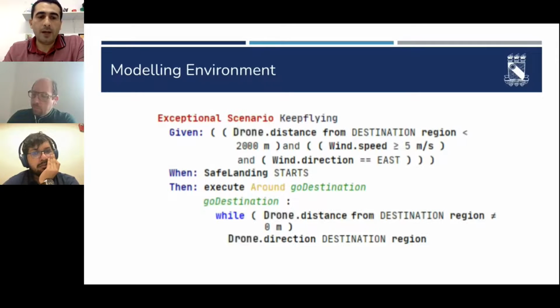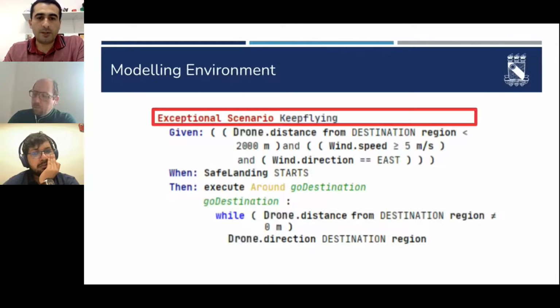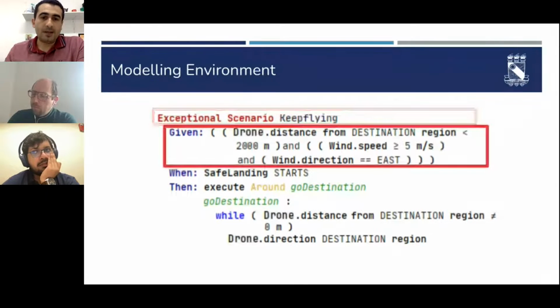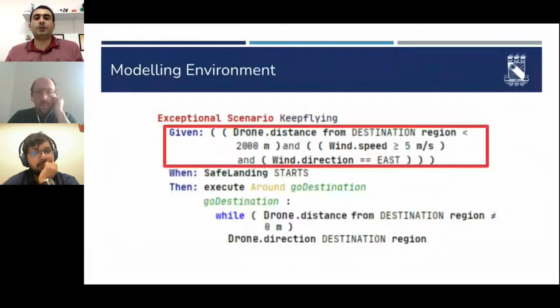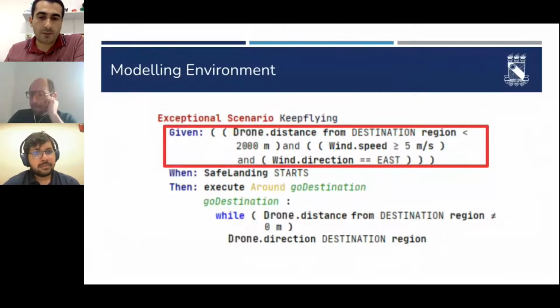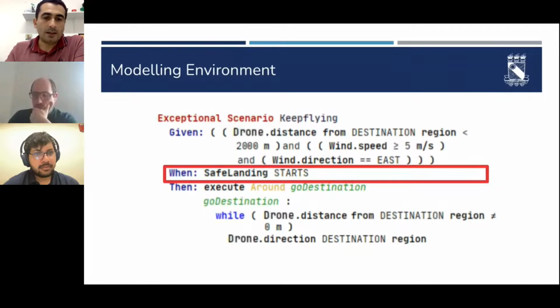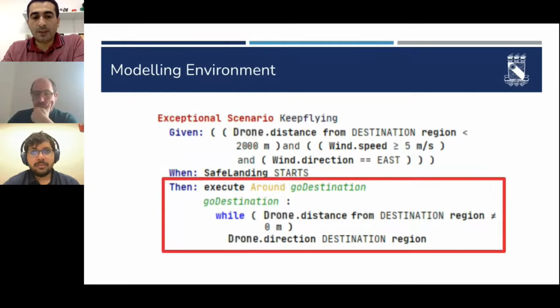So initially, we have a title or a name for the exceptional scenario. This one is keep flying, which means that the drone should keep flying when there is a situation in which the drone is close to the destination and the wind is favorable for keeping the drone flying. Then when the drone is supposed to do a safe landing procedure, instead of doing that procedure, it has to go to the destination following the specified